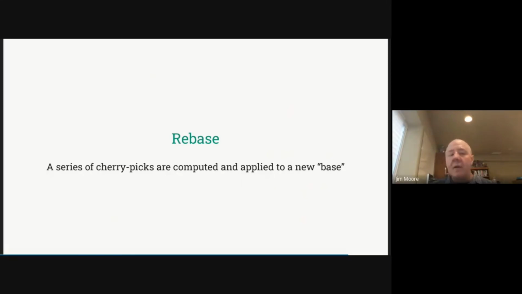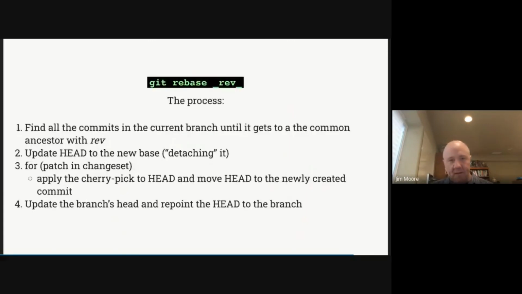So all a rebase is, is a series of cherry picks that are computed and applied to a new base. The process for rebase has four steps. However, they're much simpler than the steps involved with the merge. You find all of the commits in the current branch until it gets to a common ancestor. Update head to the new base. This is where you will often see the detached head situation.